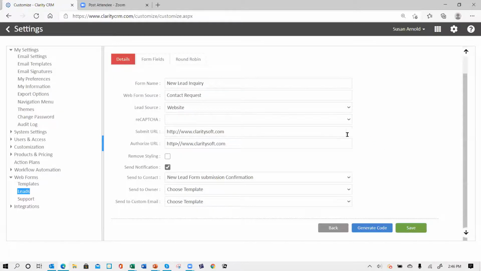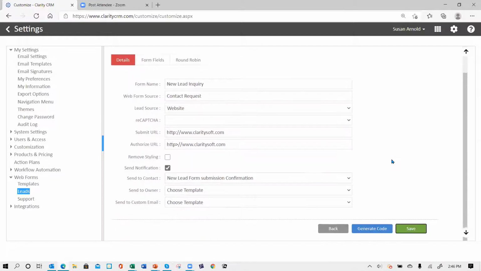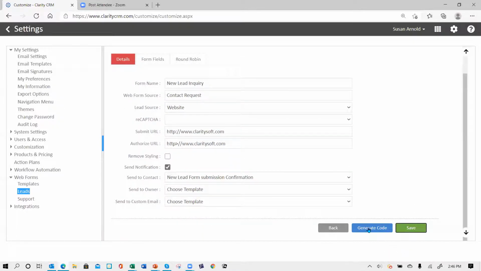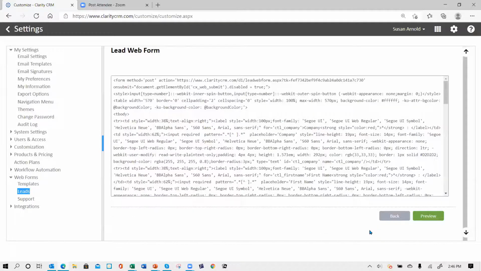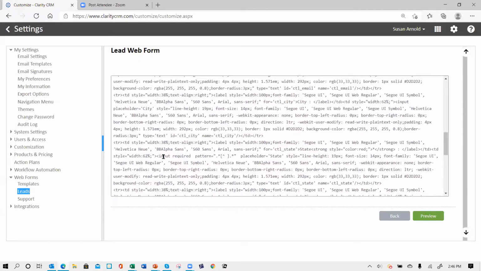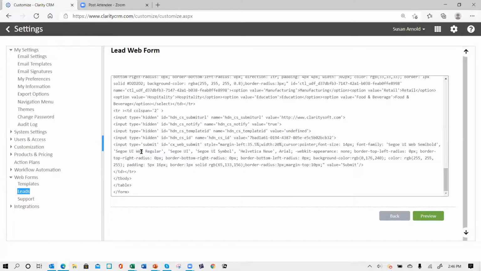Then you go down to the bottom and you want to save it all so that you've got it saved. I think it says save, probably there it is up at the top. Then you click generate code. And what happens is the HTML code that you need to apply to your website is created here, and then you can get your web person to basically copy this code and place it on your website,